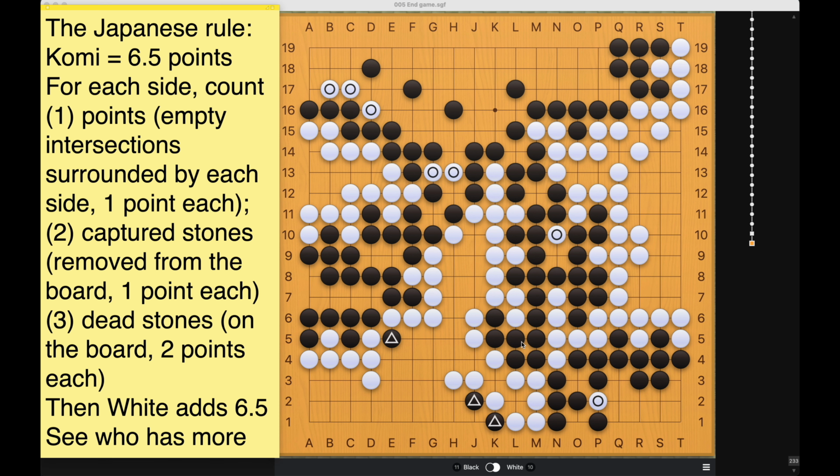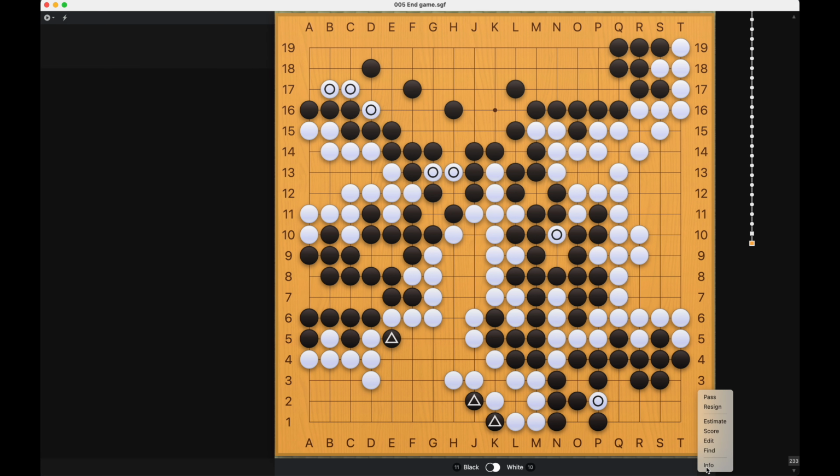And then third, you count the number of dead stones on the board. And each dead stone is 2 points, meaning the stone is 1 point, and the intersection underneath it is another point. So that's why it's 2 points, right? So you count all of them, and then white adds 6.5 at the komi, and then you see who has more. So for this game, if we count it,